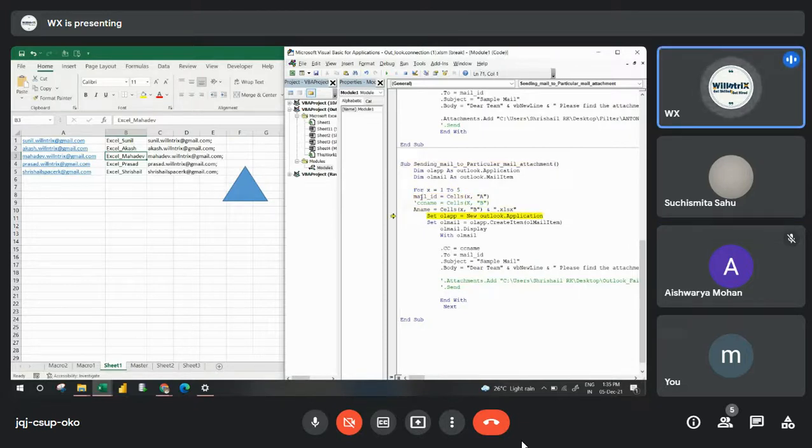So for that I'll run this code. First I am holding an email ID, then I am holding the attachment name. A semicolon is not required because we are sending to an individual email ID, an individual person.